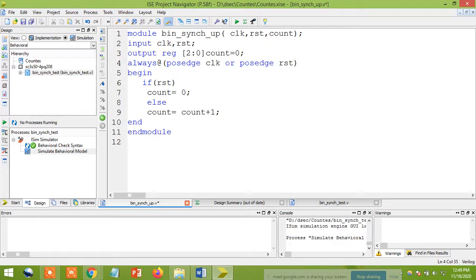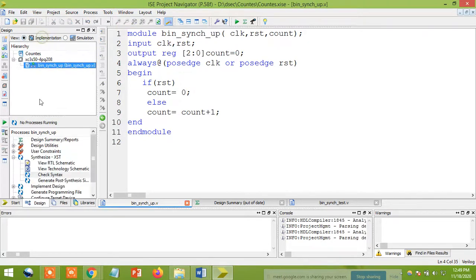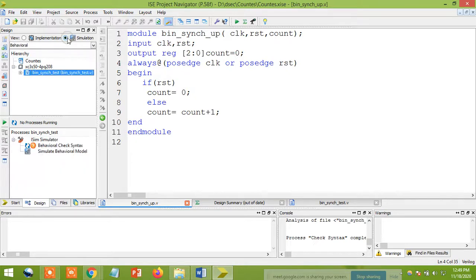Let's see that. I'll save the implementation and check the syntax for any error. No error. I'm not changing anything in the behavioral model. Okay, next simulate.